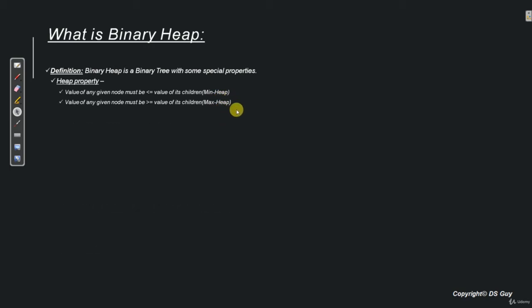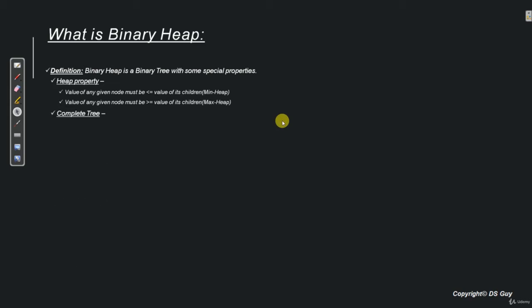Similarly, if the value of any given node must be greater than or equal to the value of its children, then we call it a max heap. So this is the first property of a binary heap.